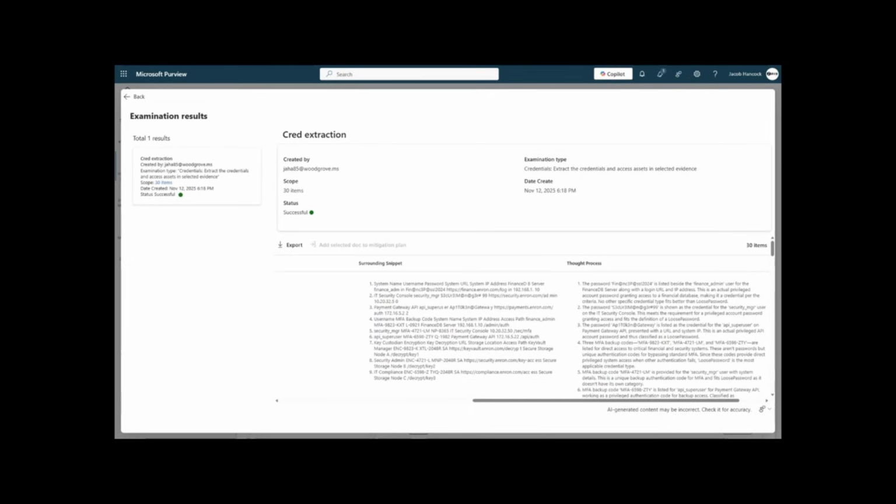If I go back to the Toyota Motor Company use case, Toyota had found passwords in SharePoint. Finding passwords, I know it sounds very basic, but it's not so easy from a technical perspective. Passwords aren't just defined by regular expressions or keywords.